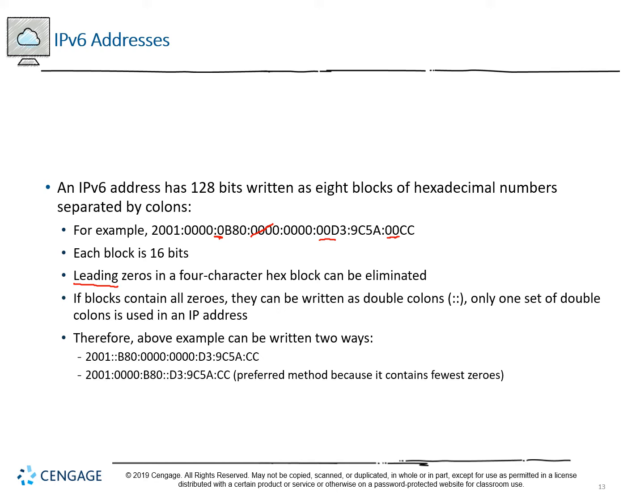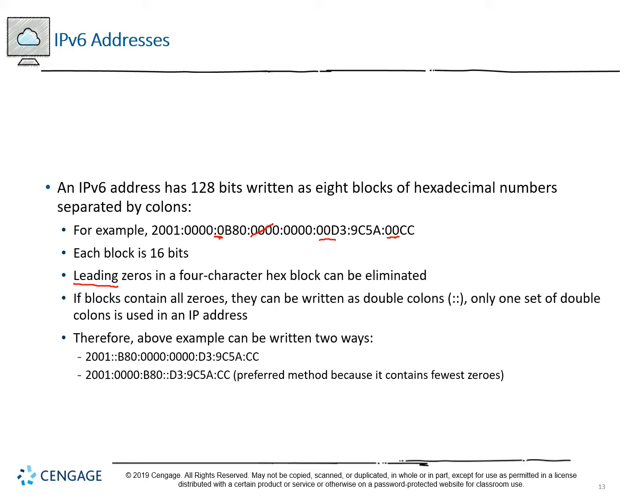Double colons will represent one and only one set of 0 blocks in an IP address. Now let's say here, instead of having 0B80 as our third hextet, it was slightly one over, and we had 2 blocks of zeros here, then 0B80, and then maybe 2 blocks of zeros again. The temptation, when you're not familiar with this, is to use double colons for both, but you can't,